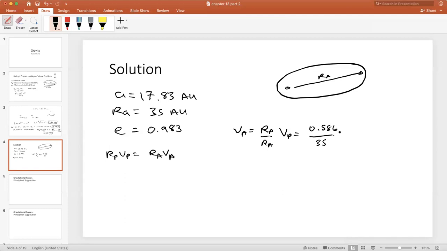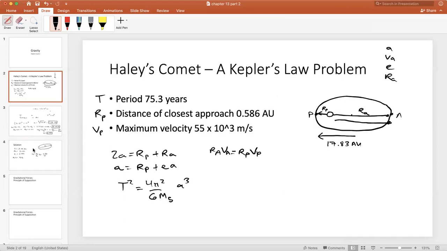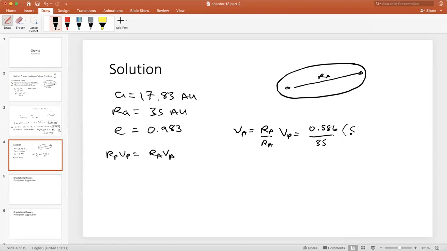This is 35, and we know that when it's close to the sun, it does 55 times 10 to the third. So we get 0.586 divided by 35 times 55, and we get 9.2